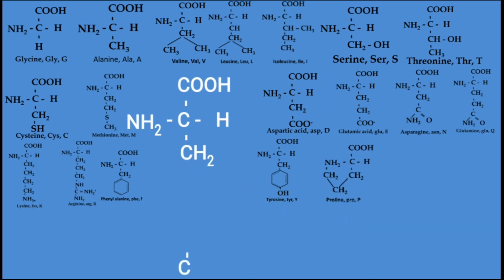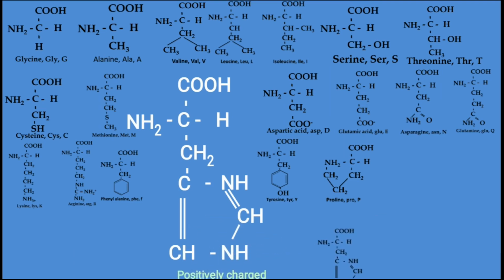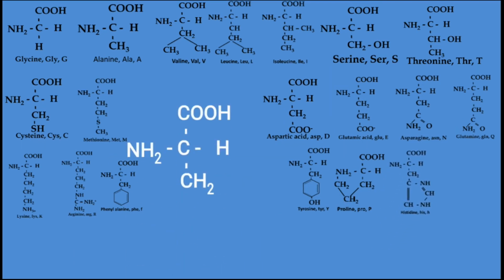Next amino acid is histidine. So histidine is a 4 carbon amino acid. In this, the last 2 carbons are linked by 2 NH groups and one more carbon is present in between the 2 amines. A common property of histidine is that it is a kind of metal binding amino acid, binding metals such as heavy metals, and it is a positively charged amino acid.